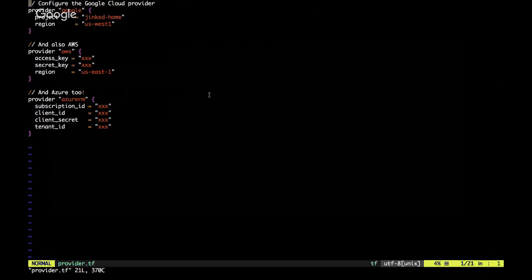So in this case, we're going to look at provider. And here we are configuring the provider. In this case, we're configuring 3 different providers. We're configuring Google, AWS, and Azure as they are in the documentation for Terraform. The only one that we're actually going to be using is Google, but I threw these in here so you can get a concept of how you would do hybrid cloud, right? So you'd be able to define